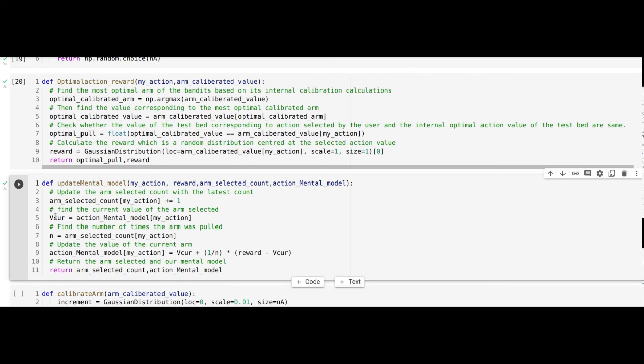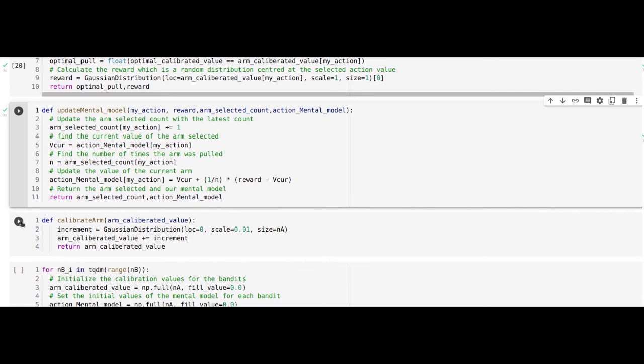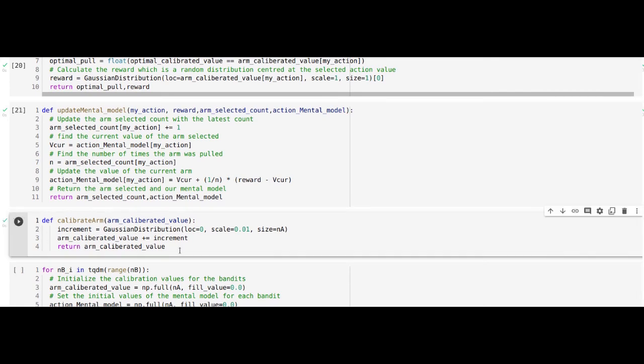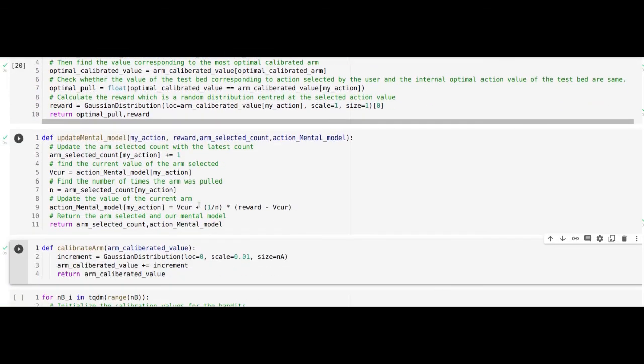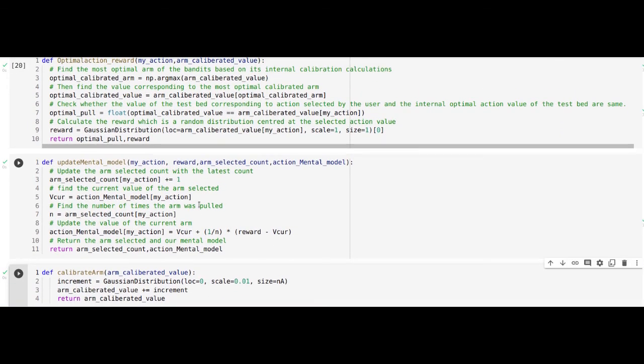That's updated using the third function. And the last function is to increment the reward distribution using the non-stationary reward function process which we discussed. So these are the 4 different functions which we will use in the process.